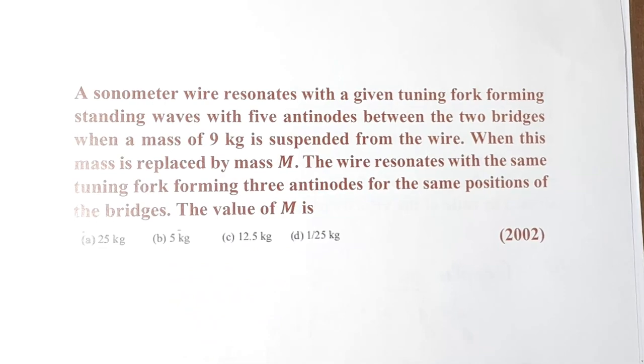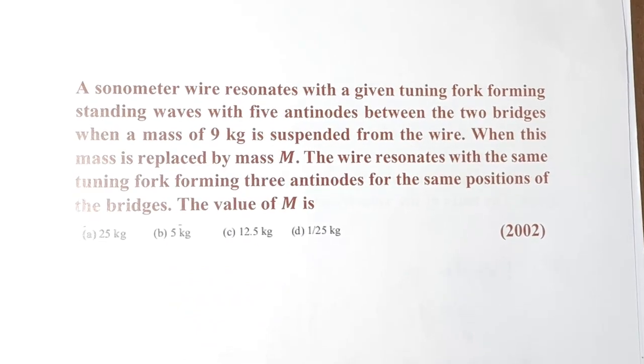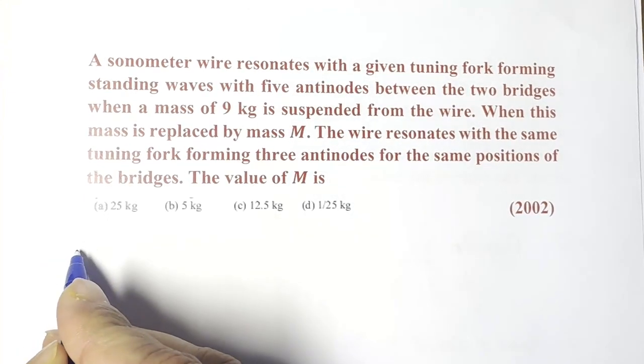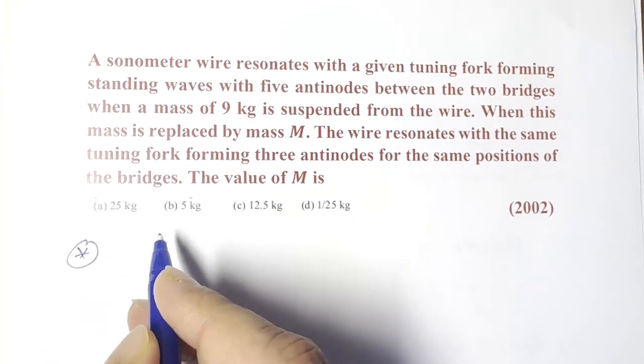So this is directly based on the formula itself. And we know that the fundamental frequency of a wire is given by n upon 2L multiplied by square root of T upon mu, where T is the tension, n is the number of antinodes associated with the wire, and mu is the linear mass density. So we directly start from the formula itself, which gives us that